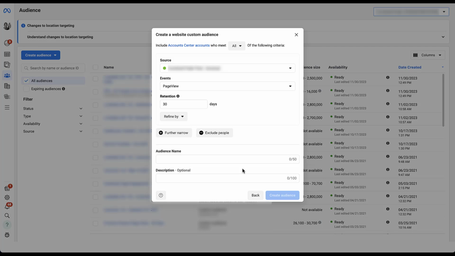Please come up with some sort of naming convention using acronyms or something along those lines so that you'll know exactly what this audience is and who it's made up of, even if you don't have to come all the way back in here and see all the different parameters. You're only given 50 characters for the audience name, but you are given an additional 100 for the description. So if you don't have enough to get away with just in the audience name, please put in a description,